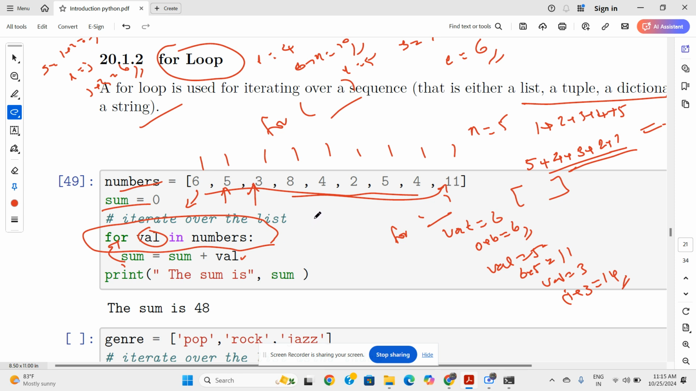So at the end of this program, it is going to perform 6 plus 5 plus 3 plus 8 plus 4 plus 2 plus etc. plus 11, and the total is available in the variable sum and will be printed as the result. So while executing this code, what you can see,